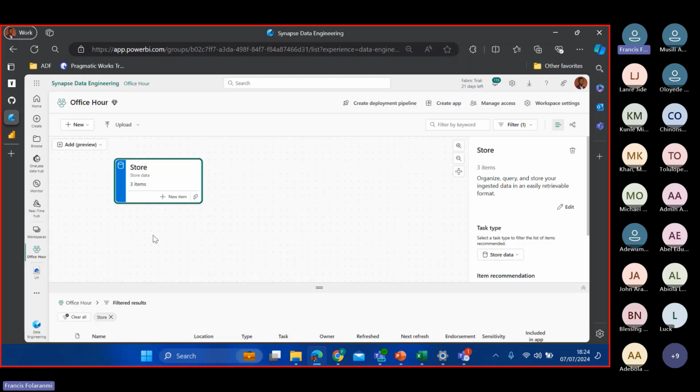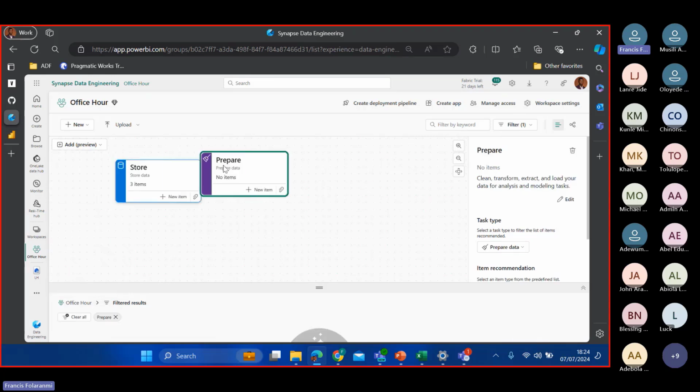So basically, I know that after storing my data, I also want to clean it. I want to transform it. So I can come here again, click on add task. So is it getting data? Of course, I want to prepare data. My data is not exactly in the shape I want it to be. So if I click on prepare data, then I can just drag it here, and then you can always link them. Over on the extreme end, once you have this colored edge, you can just drag it to the next task that you'll be doing, and then you can see the flow of tasks that way.